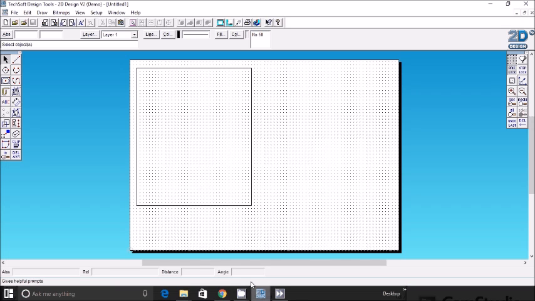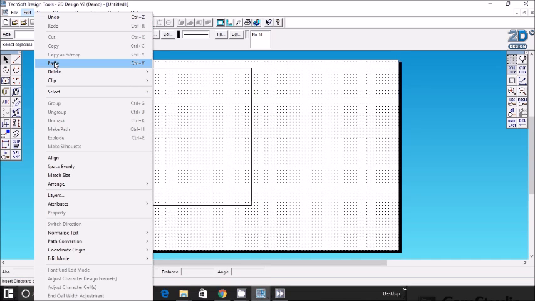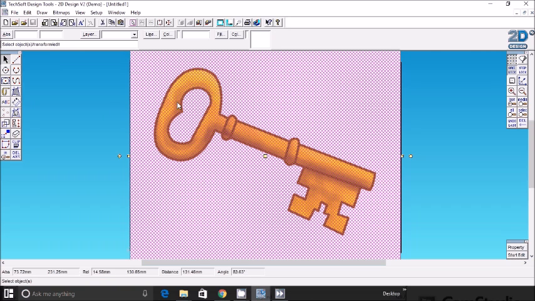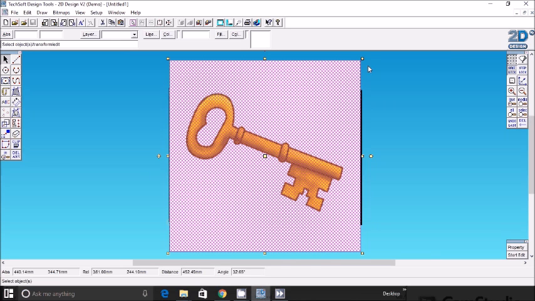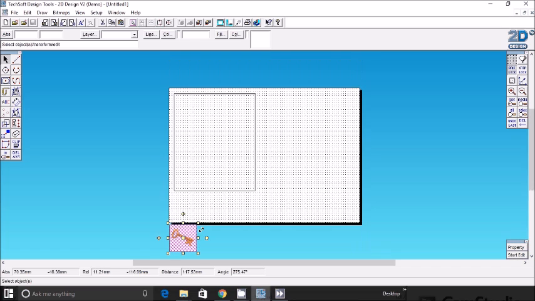And then when you go in 2D design, you're just going to click edit and paste, and that brings the image in. Right, that's quite large, so I need to zoom out. Here's my zoom out tool, so I click that. Now if I grab these yellow points here, I can bring the size down, and I can make that much smaller. And this middle point here allows you to move the object, so I'm going to put it up here. If I then zoom in again,